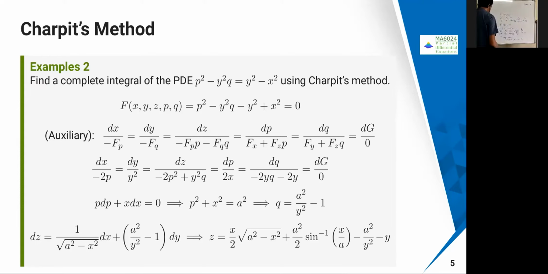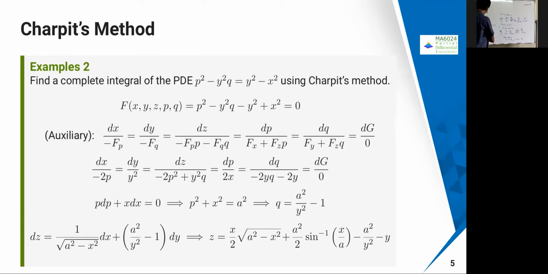Okay, sorry, there is a mistake here. P square minus p square is equal to a square minus x square. P square is equal to a square minus x square. Therefore, this is going to become a square minus x square. So x square gets cancelled. Okay. Then what I'm going to get? I'm going to get y square q minus y square q equal to y square. Here a square is there. Therefore, we are going to get q is equal to a square by y square minus 1. Okay. So q is going to become a square by y square minus 1.